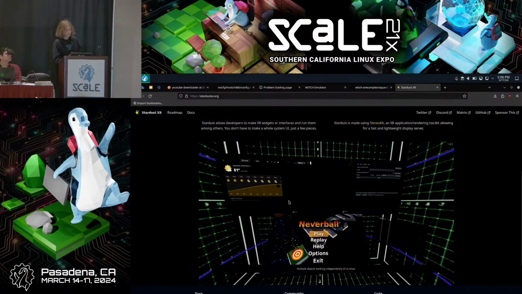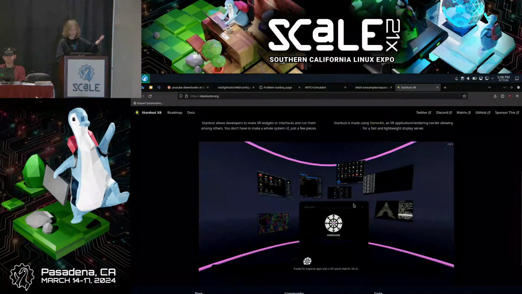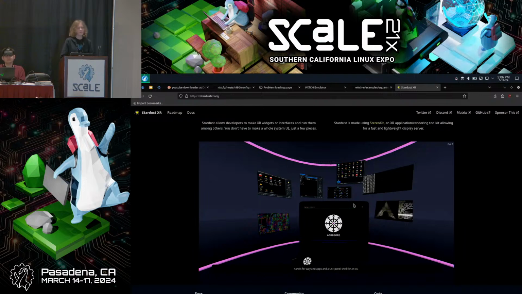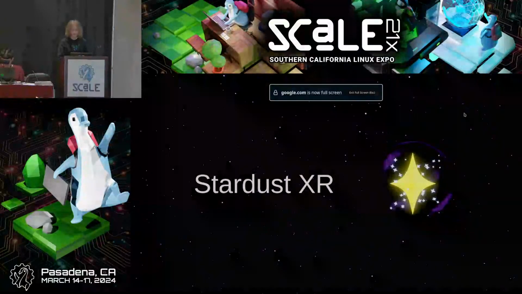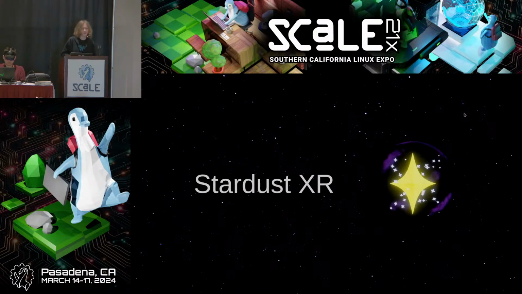So you can, for example, place panels in 3D space, like this, right? You can interact with them for 2D compatibility, but you can also do a lot more, and I'll get into that. But in the actual construction of this project, this is not something I could do myself, right? This is the equivalent of Wayland or Xorg or so on. It's the equivalent of GNOME, KDE, etc. It's a massive project that there's no way I could do by myself, but I need to start it by myself because at the time, nobody really cared that much about augmented and virtual reality.